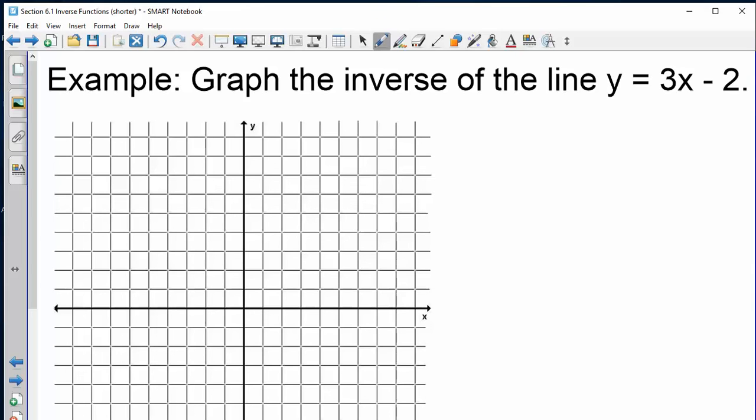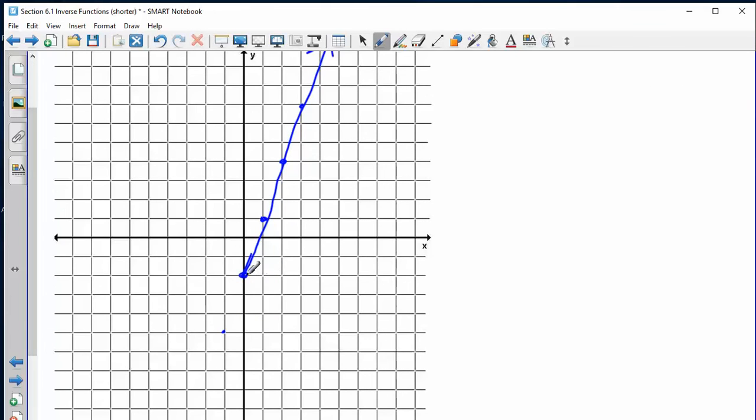If I want to graph the inverse of this line, let's start by graphing that line. We know if we're graphing a line, we start at our y-intercept, which would be negative 2. Slope is 3, so up 3 over 1. And I'm not going to draw a straight line, so I'm going to put several dots here. Okay, so that is crooked, my original. So if I wanted to graph the inverse,